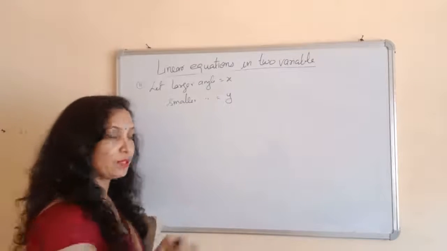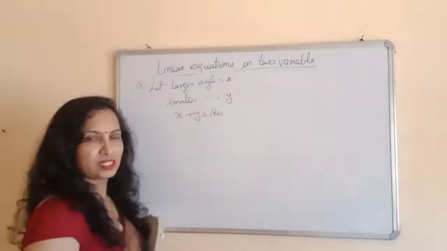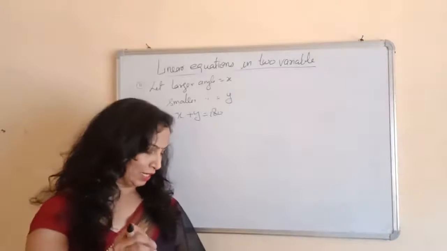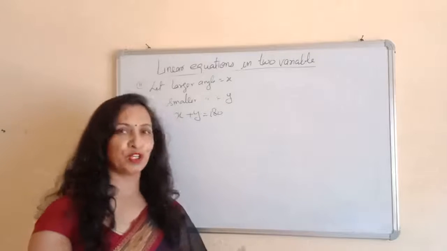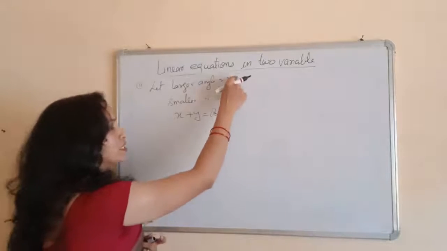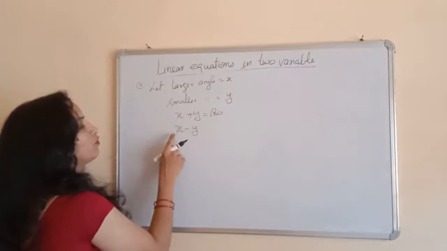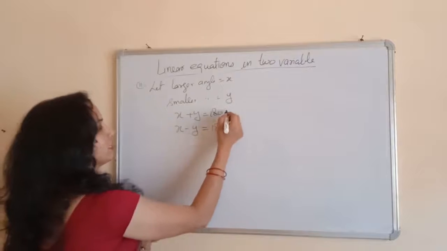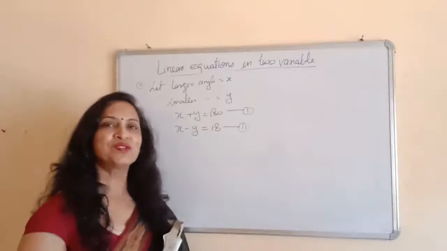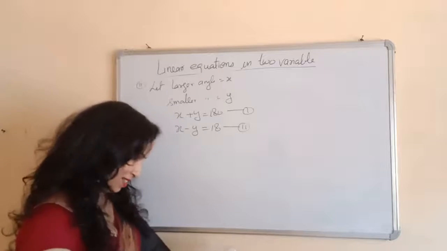Since the angles are supplementary, the first equation will be x plus y is equal to 180, since we know that the sum of supplementary angles is 180. And it is given that the larger of the two supplementary angles exceeds the smaller by 18. So this one is the larger and this one is the smaller. It means this number is greater than this number by 18. So if we subtract the smaller number from the larger number, it is equal to 18. This one is equation 1 and this one is equation 2. Again you can solve it by using the substitution method. Or in case of doubt, you have your Zoom class.